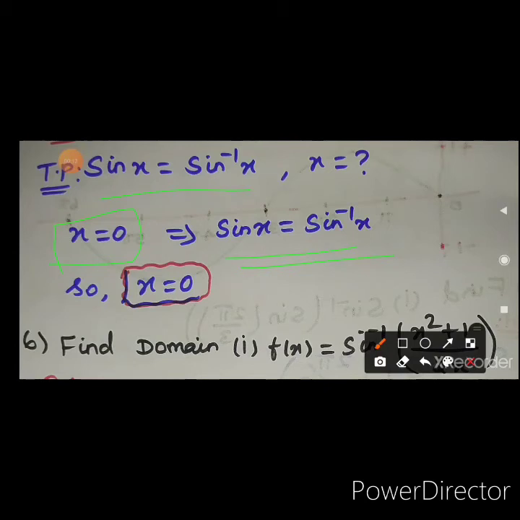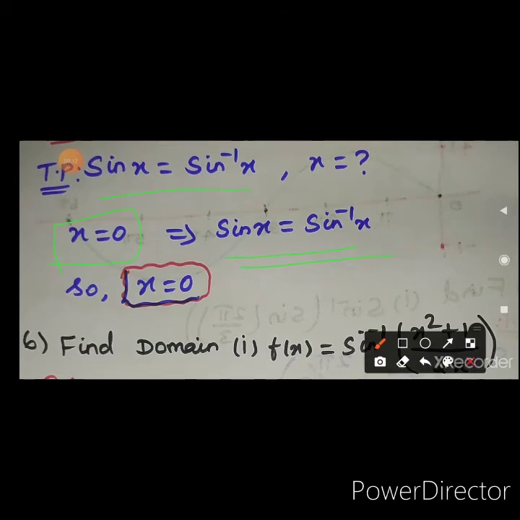Here minus 1 going to left hand side. Minus 1 plus 1 less than or equal to 2x. So minus 1 plus 1 is equal to 0. 0 less than or equal to 2x. Then these two going to left hand side means 0 by 2. 0 by 2 less than or equal to x. So 0 by 2 is equal to 0. So 0 less than or equal to x.